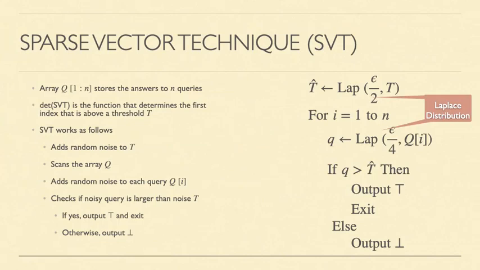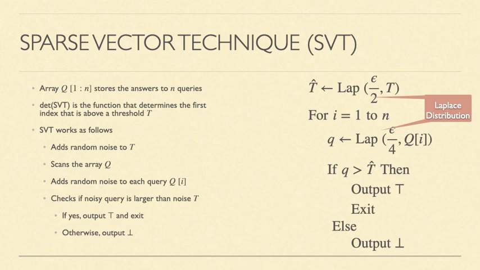To illustrate this, let's consider a differential privacy mechanism, which is the sparse vector technique, also called SVT in short. Okay, and what we are giving here is a simplified version of SVT. So what SVT does is it takes as input an array of queries and implements the deterministic function det_p that determines the first index that is above a threshold t. Okay, and it wants to do it in a